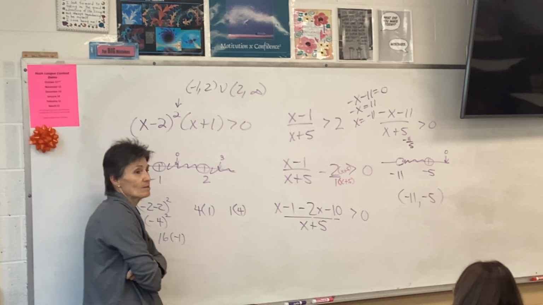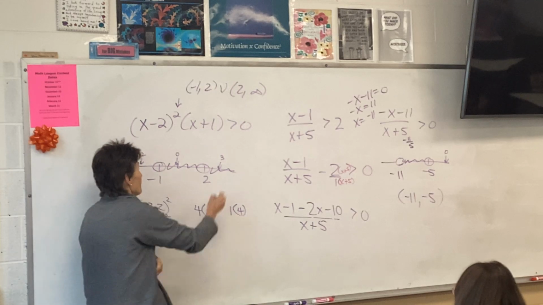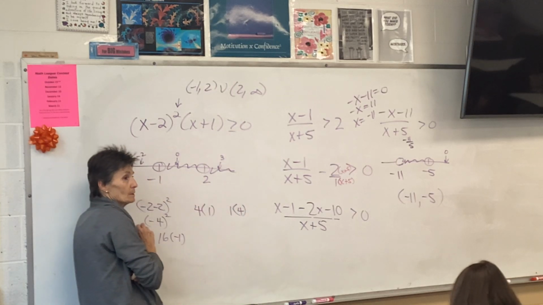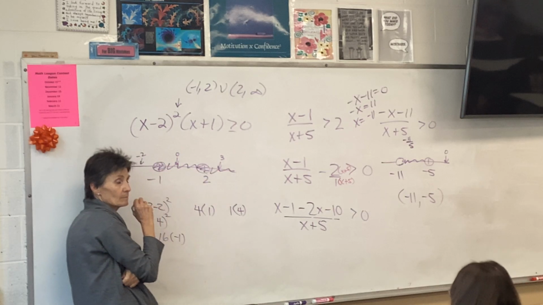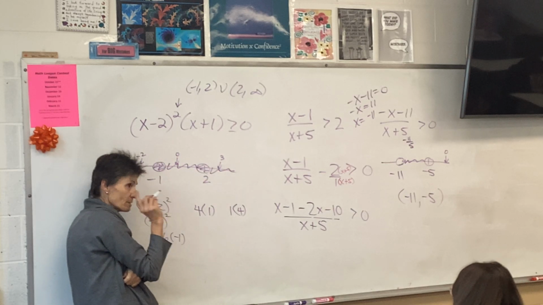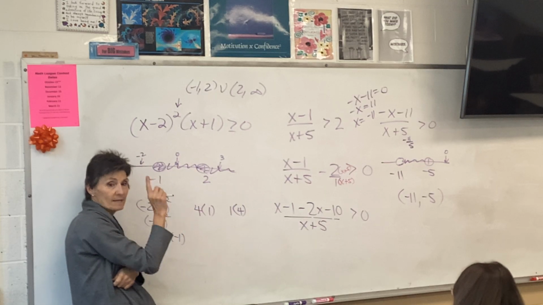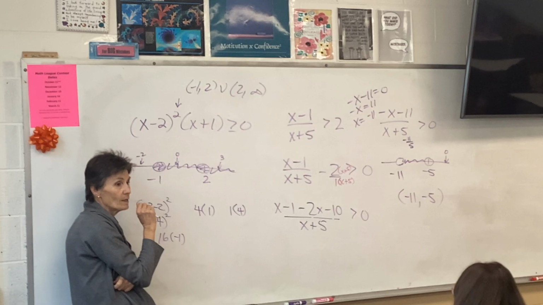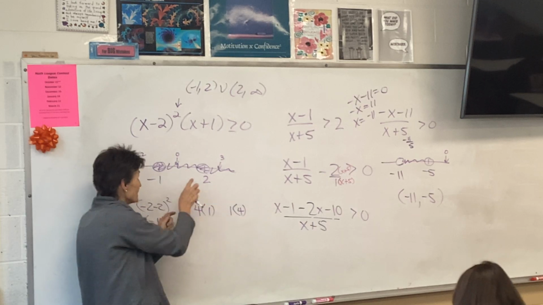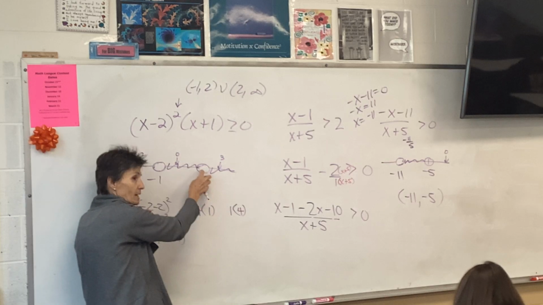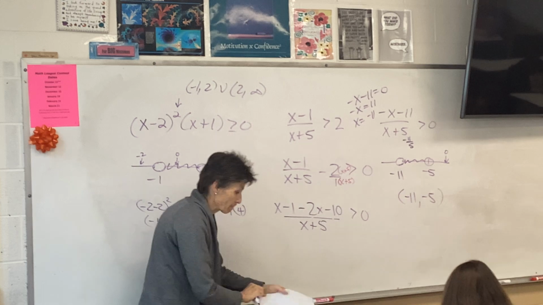Now, we had one like this yesterday. Exactly the same kind of problem, but there was an or equal to on it. So that colored in these dots, right? Your answer is everything that's colored. Well, what's colored here? -1 to infinity. So you see why yesterday we put everything together, but today we had to leave it separate because there's a big hole right there. All right,